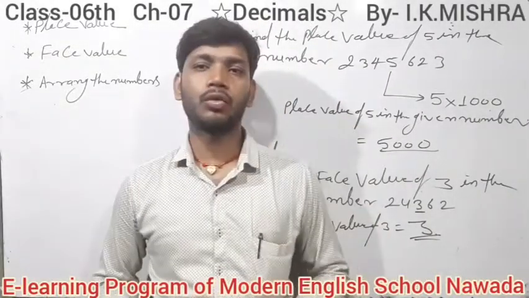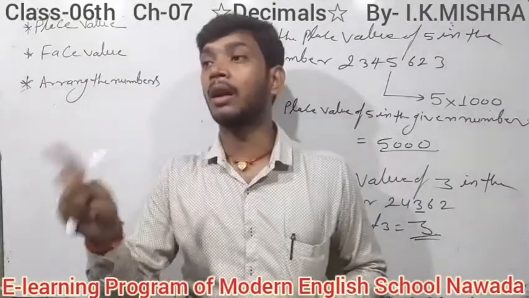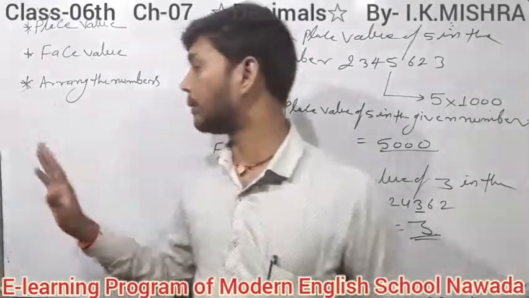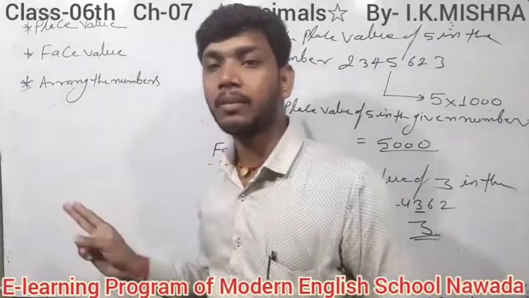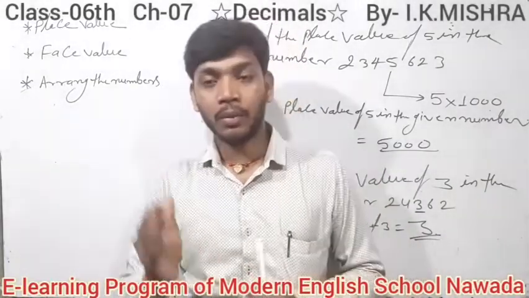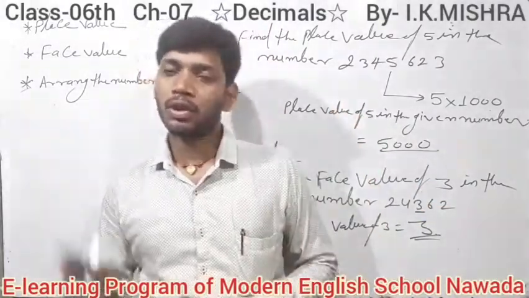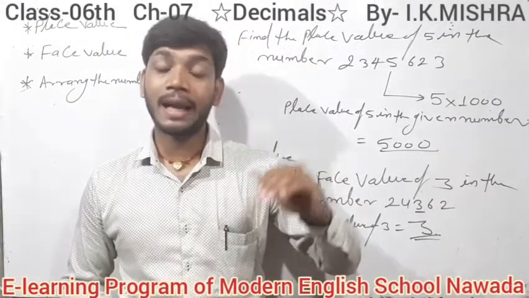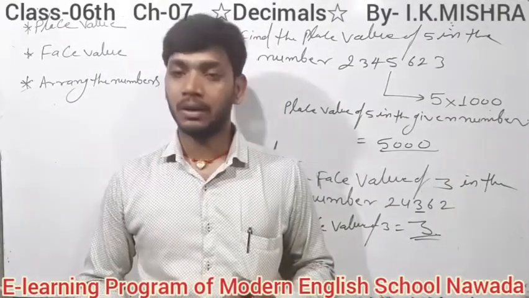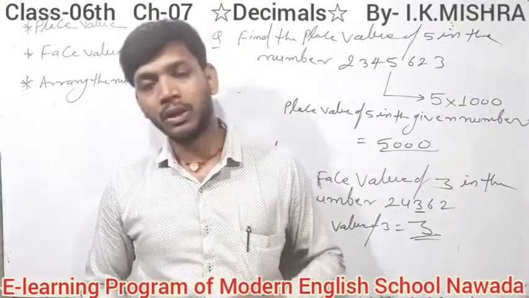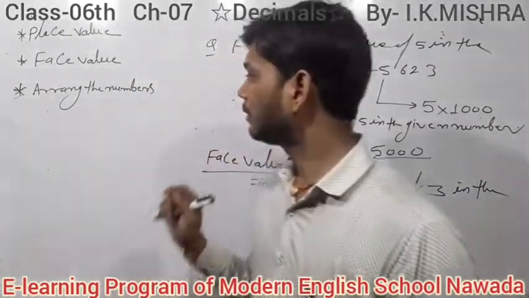So students, first of all, to know the larger and smaller number, count the digits in a number. Suppose two numbers are given, and in one number 4 digits and another number 5 digits. The number in which 5 digits, that means more digits, is larger. So first of all, observe in which number more digits are present; the number with more digits is larger. Suppose here I write three numbers.